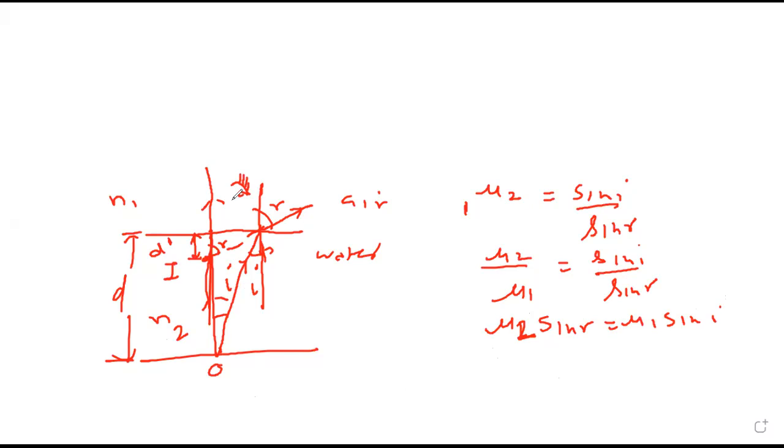Sin r is same as r for a smaller angle, and i is same as sin i for a smaller angle. And tan r is same as r. So tan r is this opposite side x. Mu2 into sin r equals to